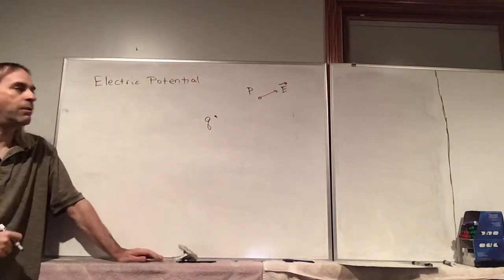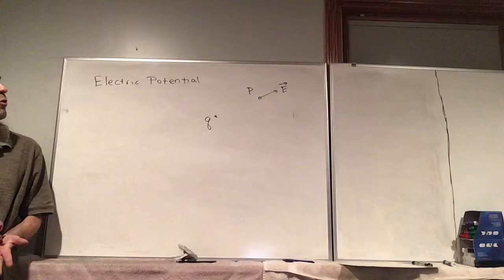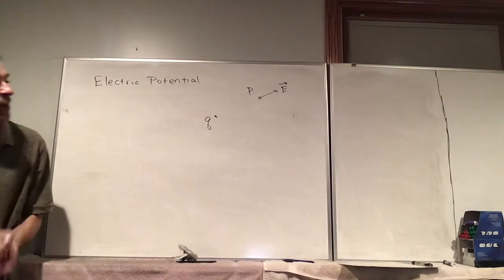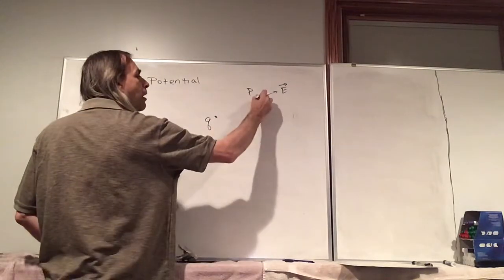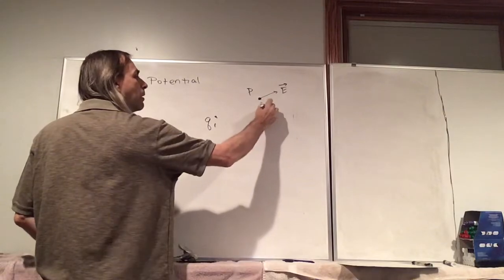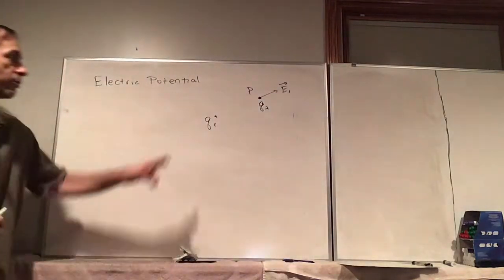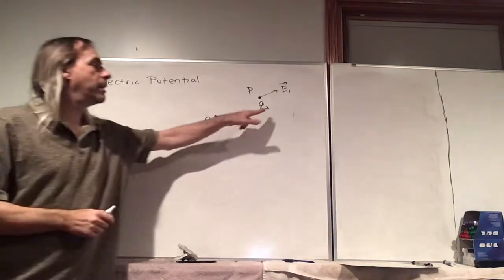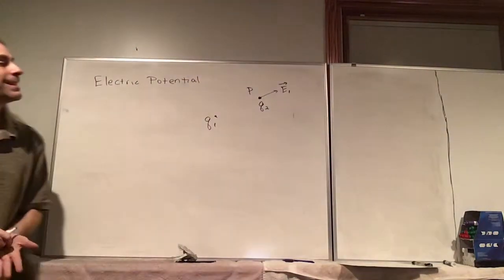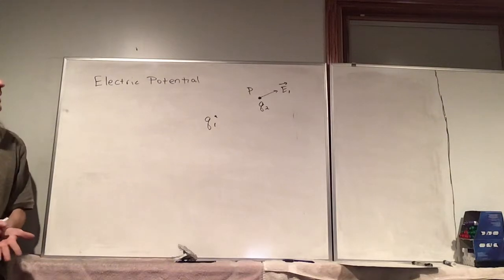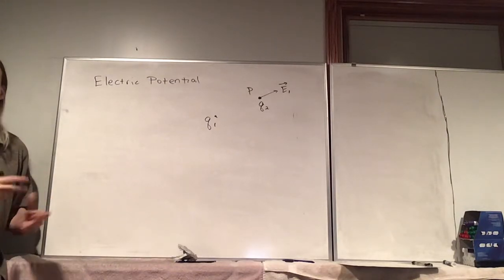If we place another charge here, this electric field created by the first charge is going to exert a force on that second charge. And so it's very useful to have this idea where we can talk about just properties